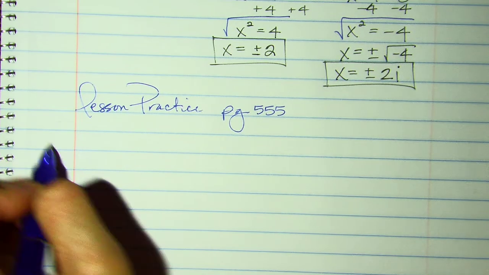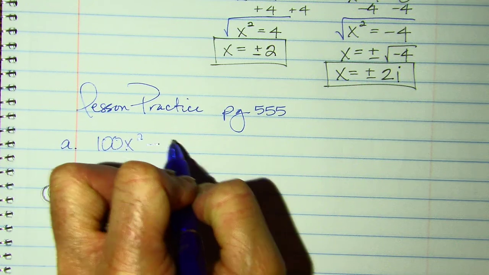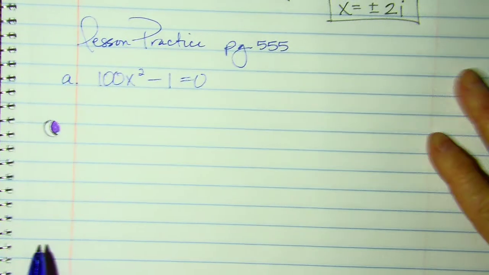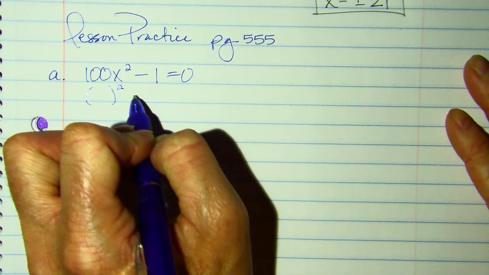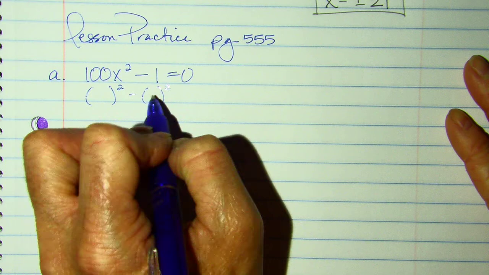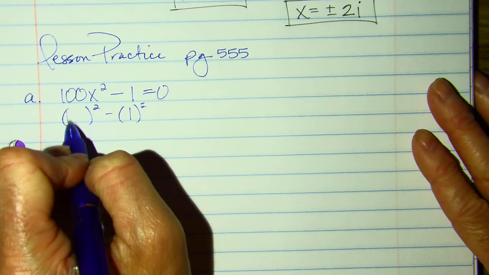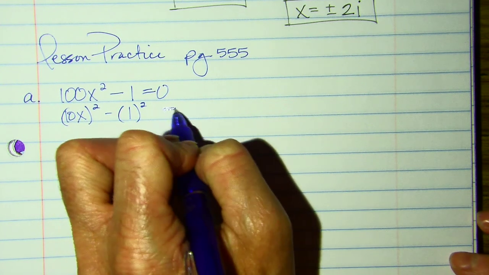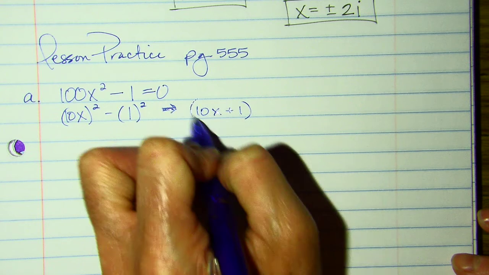So part A, they'd like us to solve 100x squared minus 1 equals 0. Now there's 2 ways to do it, but we'll do it using the difference of 2 squares. So what gives us 100 and what gives us 1? Well, 1 squared gives me 1. And 10x times 10x would give me 100x squared. So my factors are 10x plus 1 and